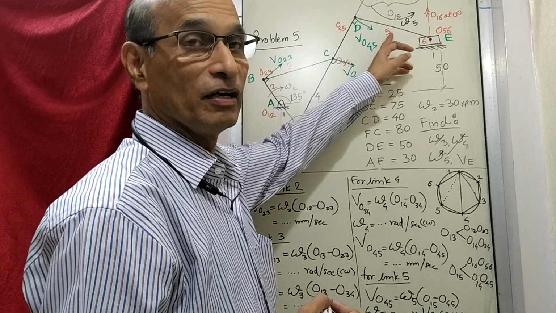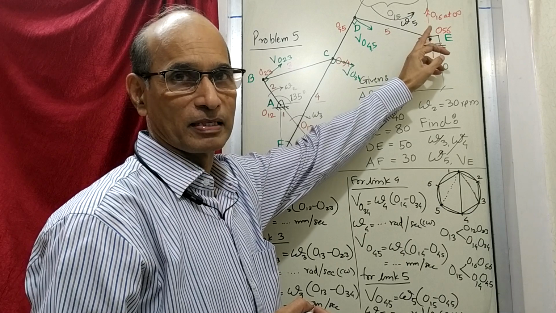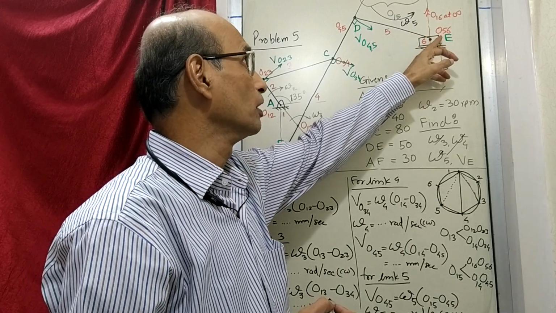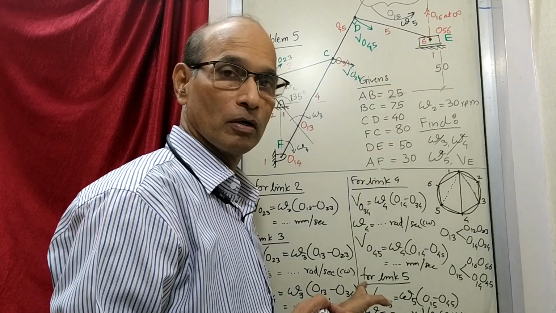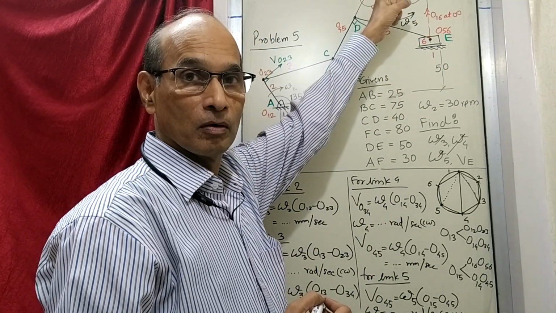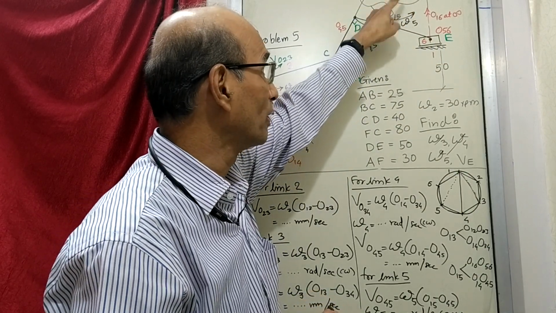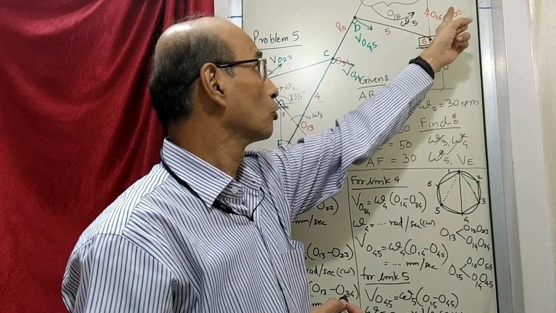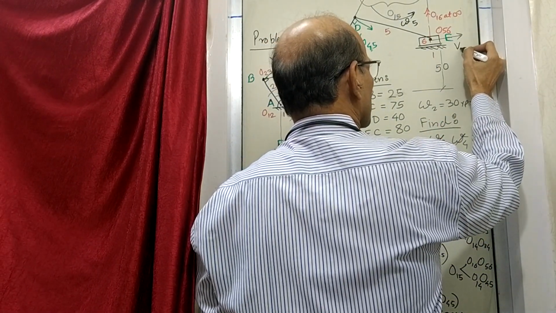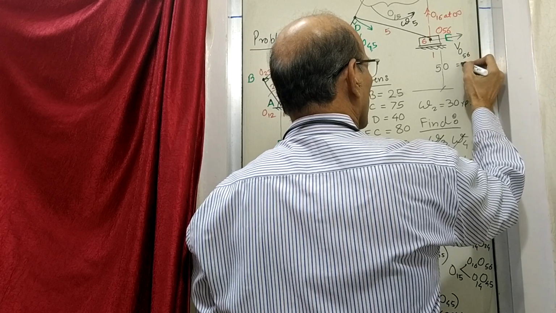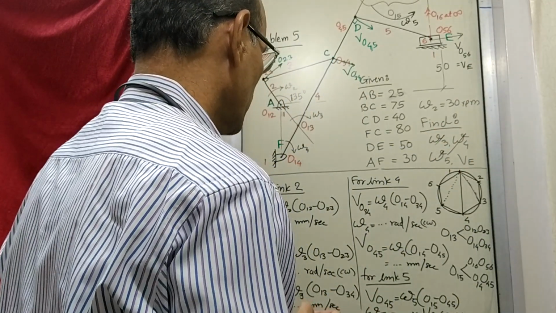Now any other point on link 5? There is point 56. So can you find out the velocity of 56 now? We can do that. The velocity of O56 is equal to omega 5, which we have just now found out, times the distance from 15 to 56. 15 is already known, so measure the distance from 15 to 56. That distance multiplied by this omega will give you the velocity of 56, which will come in this direction, which is equal to the velocity of E, which is what you wanted. So that can now be done.